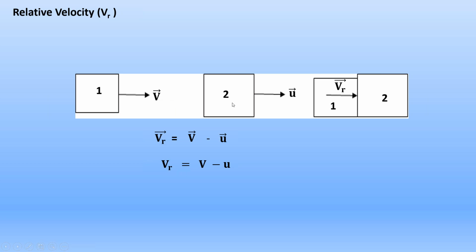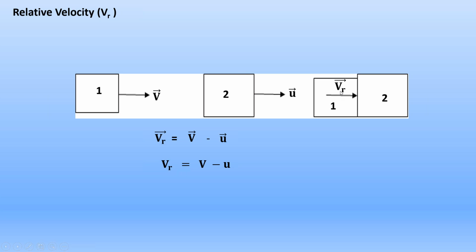But here the second body is also in moving condition, so the first body strikes the second body with relative velocity represented as vr bar. Vr bar is the relative velocity of the first body with respect to the second body